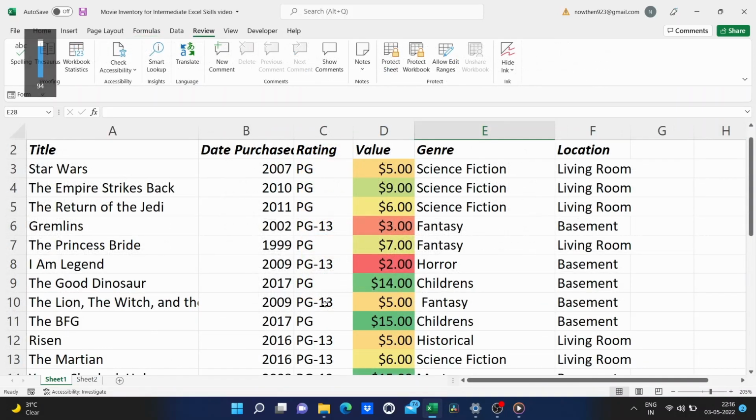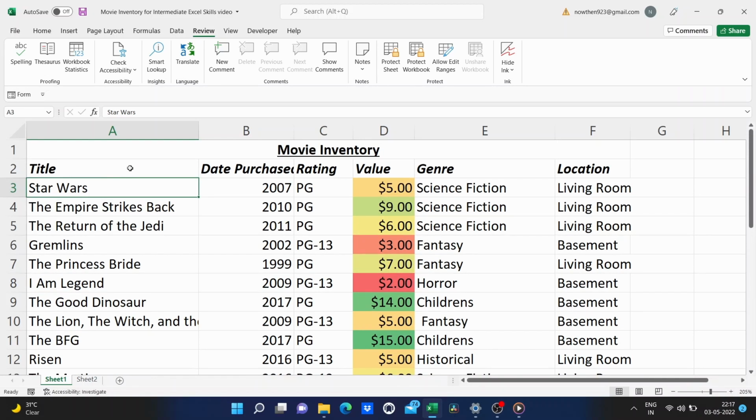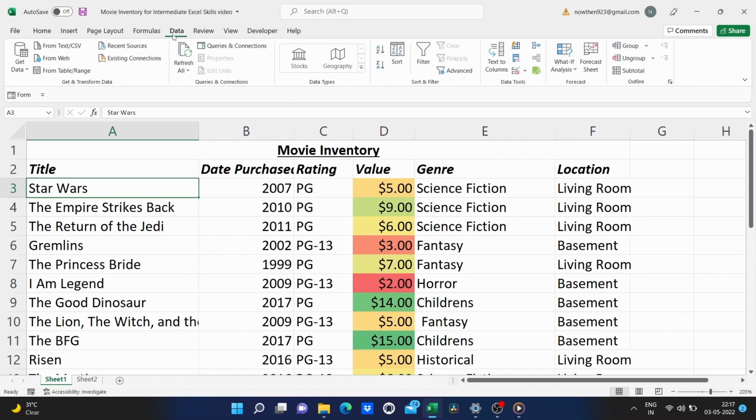Okay, next up, just 3 fast rapid fire tips that I think everyone needs to know if you're using Excel more than just at the beginning level. The first one is how to sort. So I put my movies in random order, but I would like to sort them alphabetically. So what I'll do is click on the first cell of the first record. So Star Wars. I click on that cell. Now either on the Home tab or on the Data tab, either one, you should be able to find Sort and Filter. I'm going to go to the Home tab.